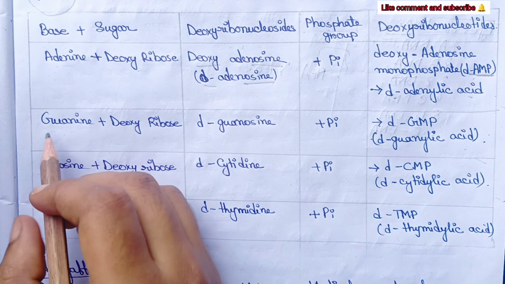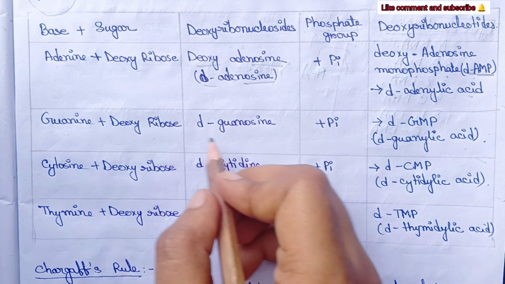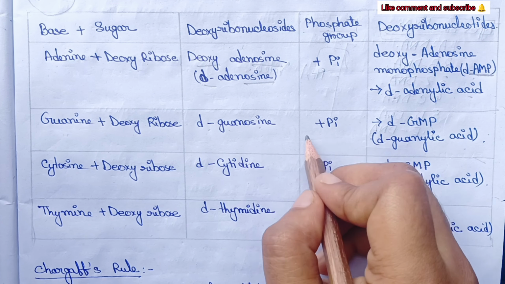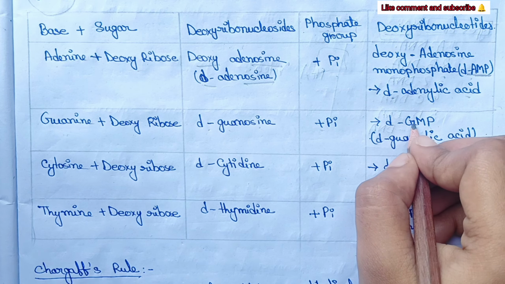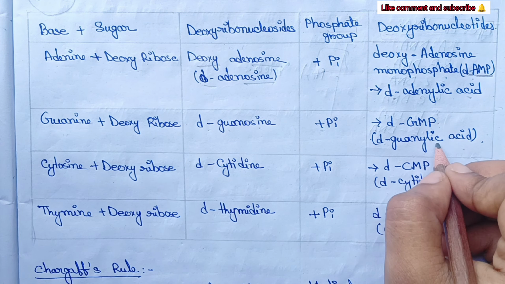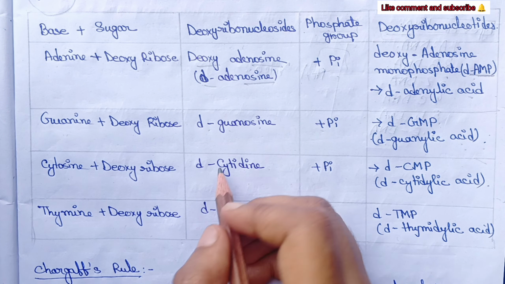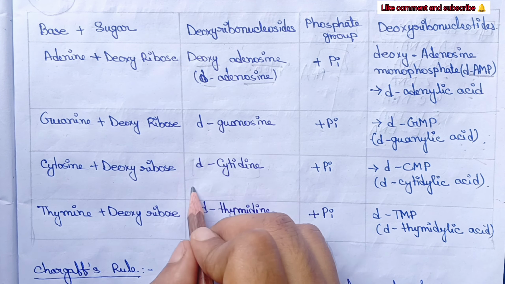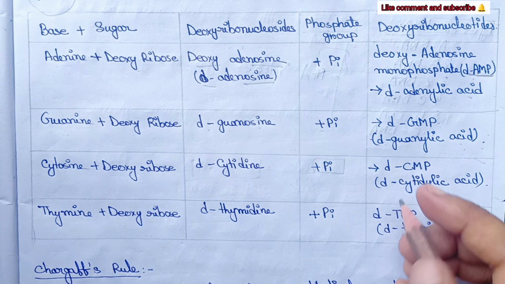adenylic acid. Then guanine, when guanine is attached with the deoxyribose sugar, they form deoxyguanosine, and when the phosphate group is attached with the deoxyguanosine, it is called deoxyguanosine monophosphate or deoxyguanylic acid. When cytosine and deoxyribose sugar are joined with each other, they form deoxycytidine, and when deoxycytidine is attached with the phosphate molecules, they form